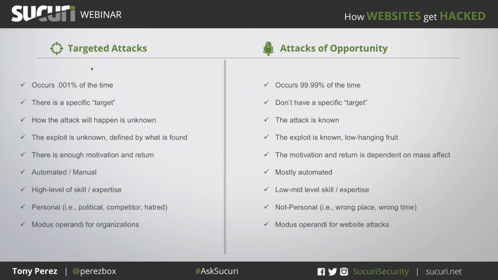Scanners go out there, identifying these issues. Oh, you have it, great. Let me penetrate. On the targeted side, it's very different. It actually happens very rarely, and the motivations are different, right? There's enough incentive for me to focus on one target and identify how I'm going to penetrate that environment, because the return's bigger. A classic example of an attack of opportunity might be a mom and pop running a bakery shop, right? There's really no incentive other than that they just happen to be there and they're running the wrong version of something.